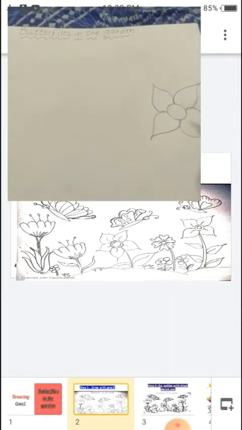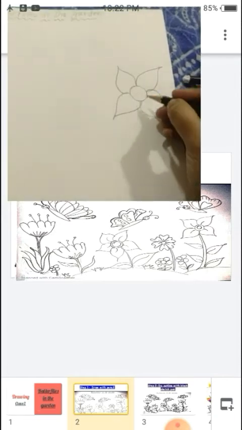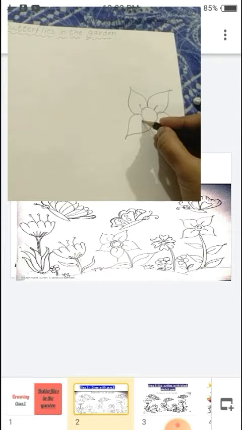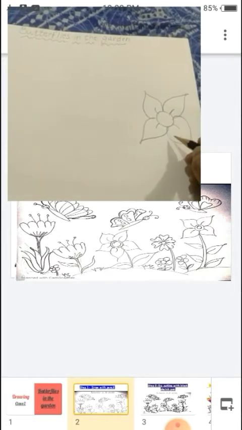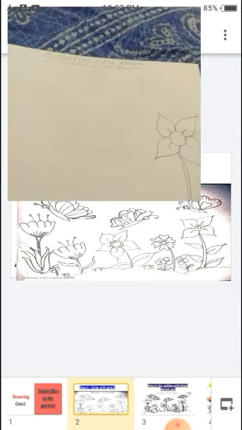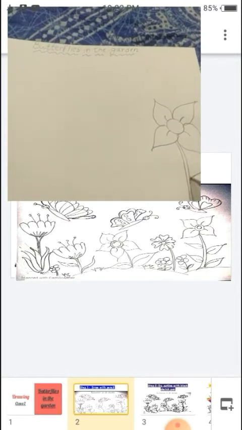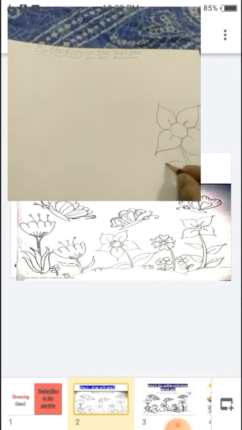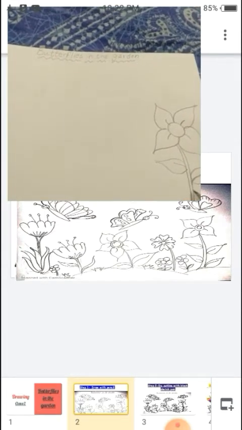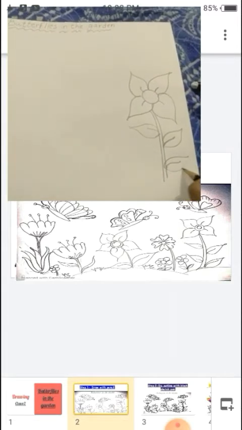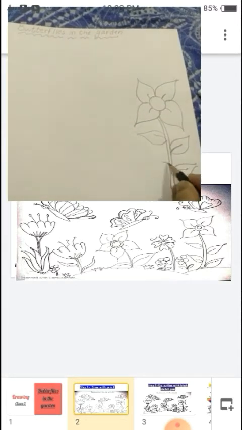Okay students, here flower. Okay, then leaves. One, two, three, four.